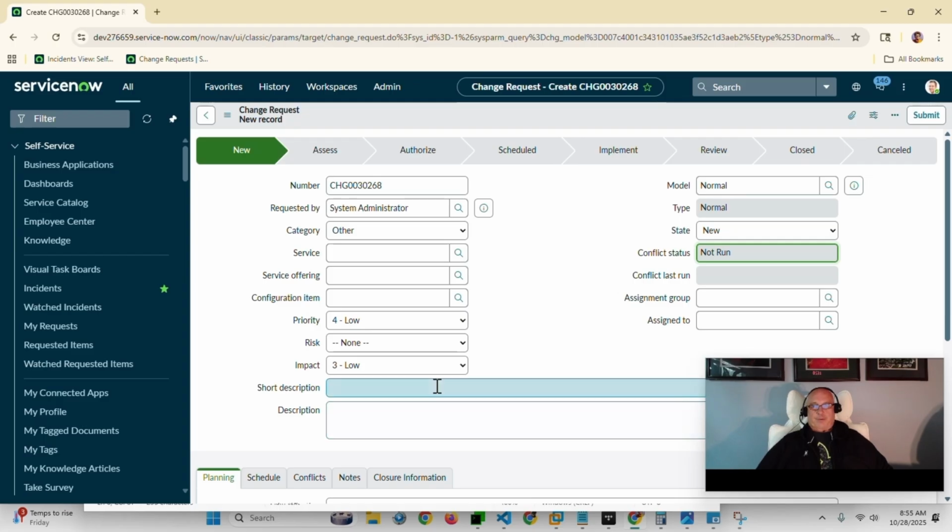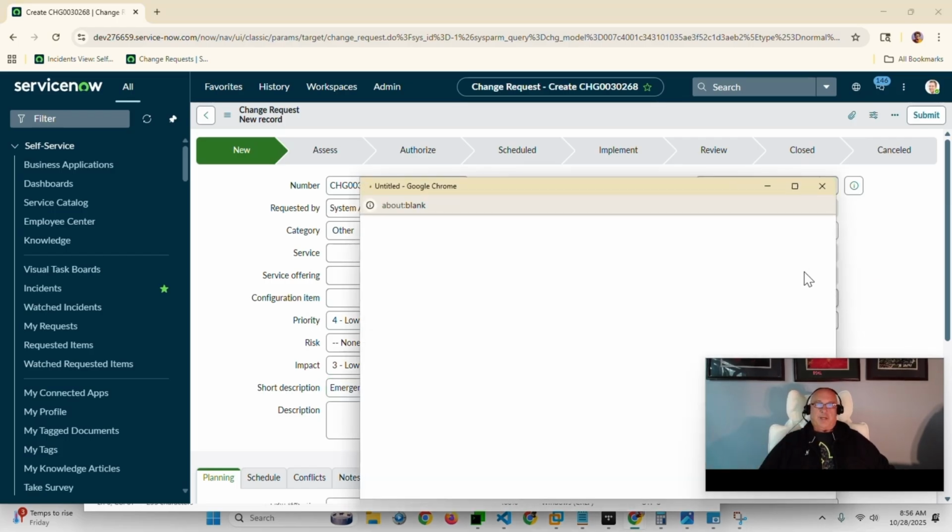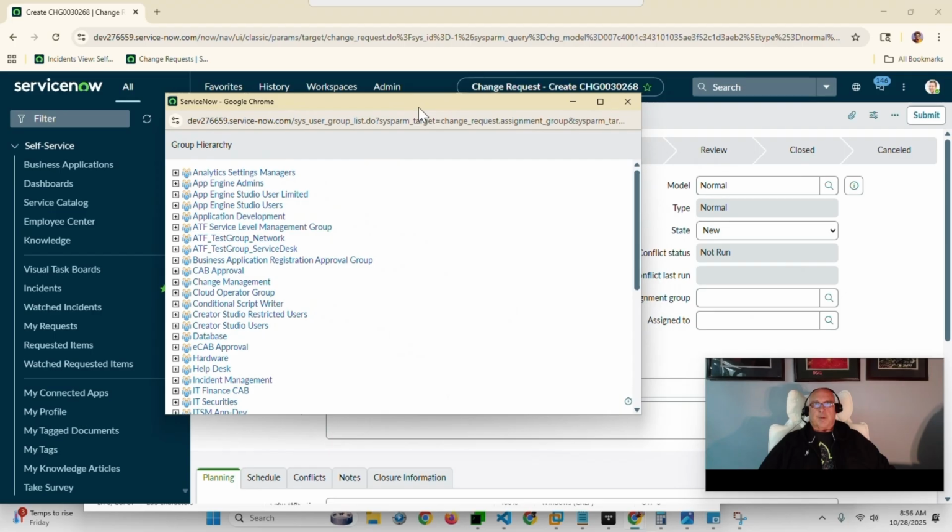So we need to create a change request. Let's say we need to do an emergency password rotation. So we have two choices here. Let's choose the assignment group, and in our case, this is a database change. There are several database groups. Let's choose